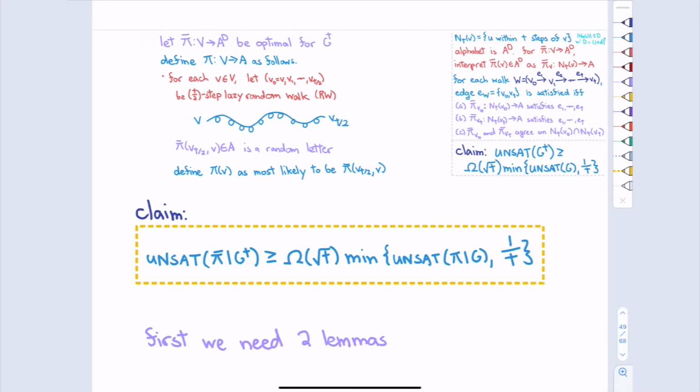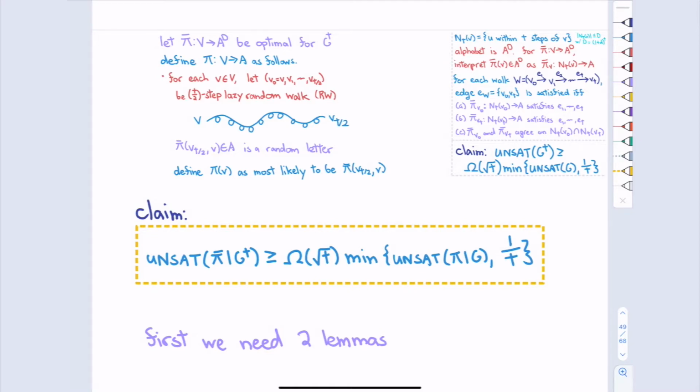All right, so what we want to show is that for every mistake that pi makes, pi bar should be making square root t or so mistakes. Originally I wanted to just do unsat of GT and unsat of G. I'll point out that pi bar was supposed to be optimal, so this is the true unsat of GT. Here I'm writing the unsatisfiability of pi bar in GT by this notation.